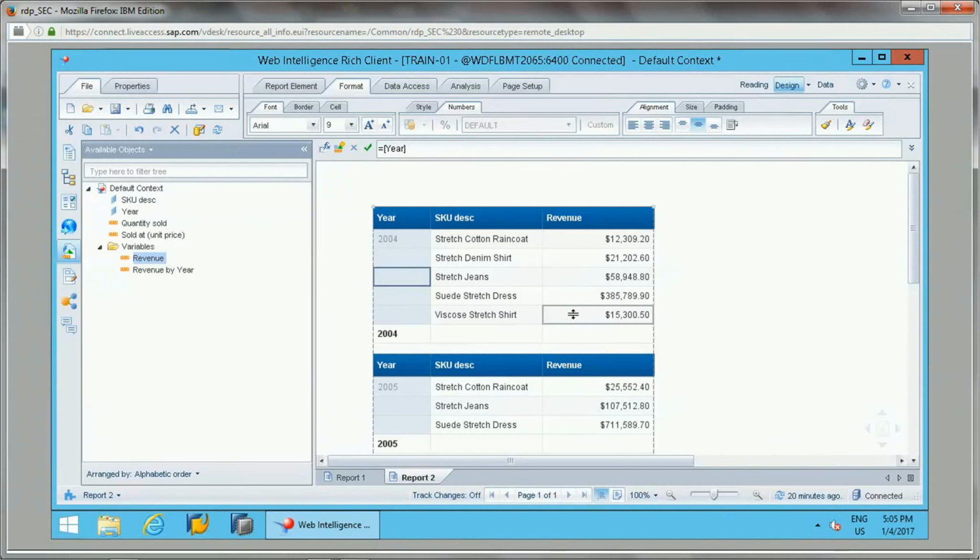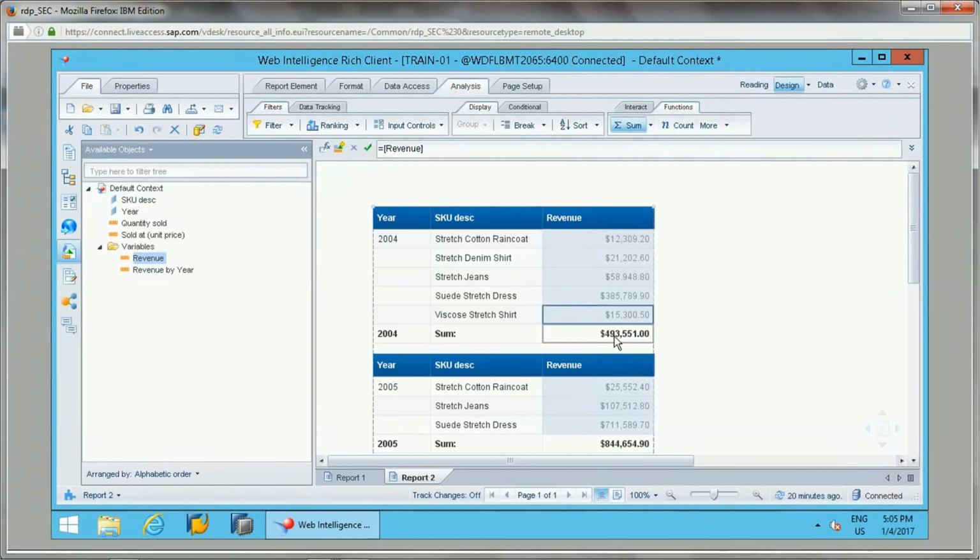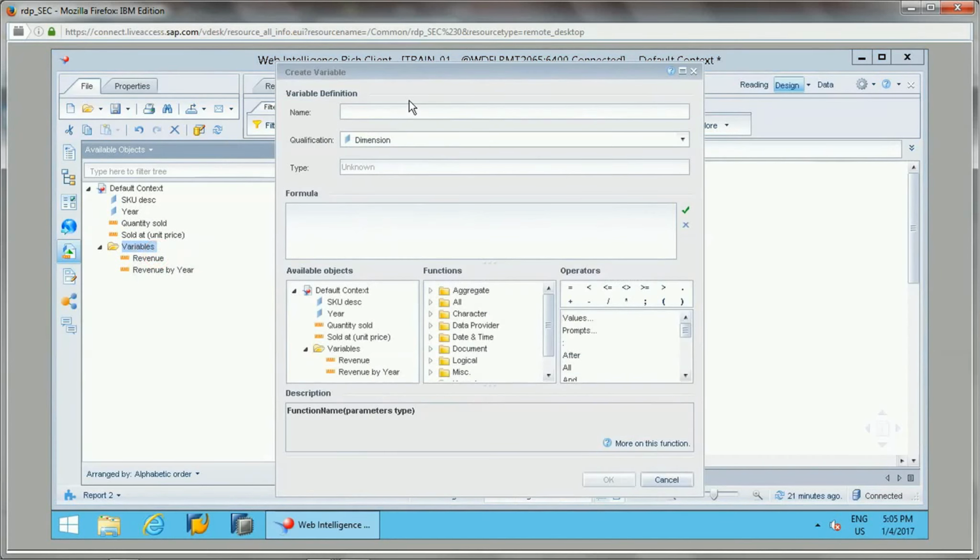Now what I wanted to do, I wanted to force, let me aggregate this data. See, this is a yearly revenue. Now what I want is this total revenue based on the year. So I'll add a new variable.